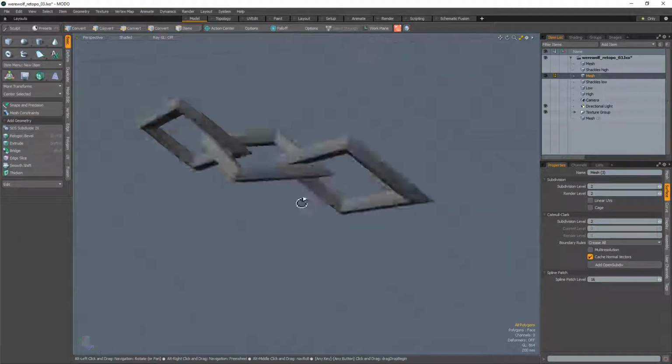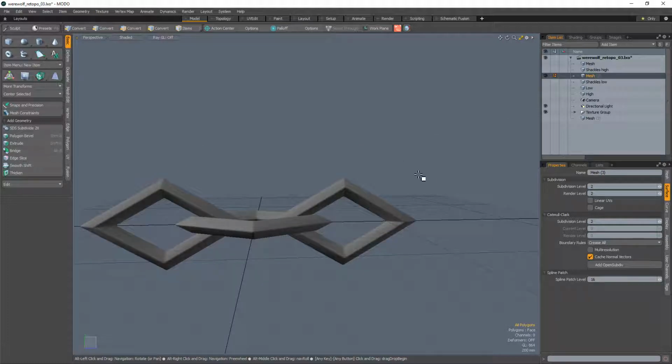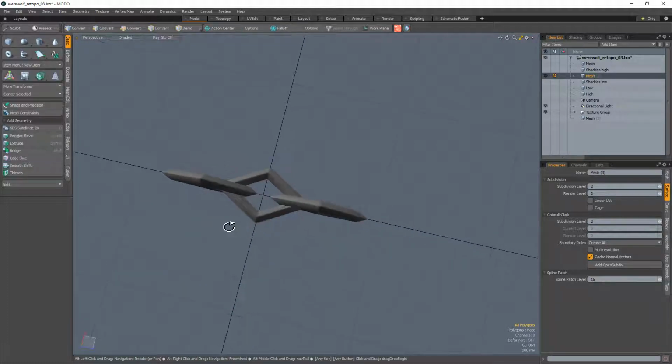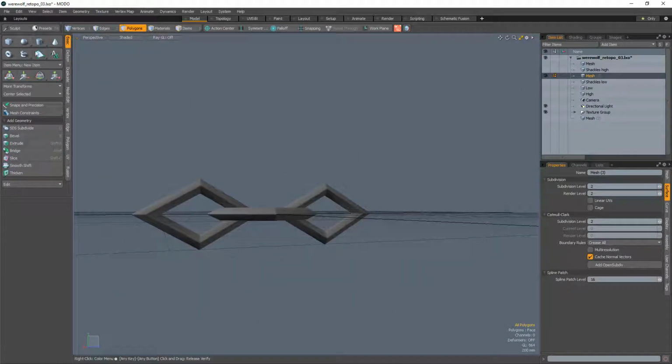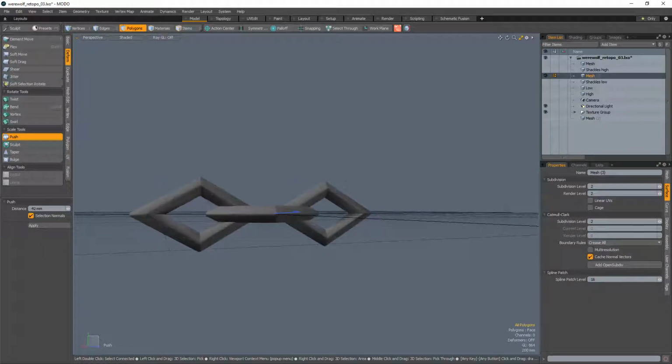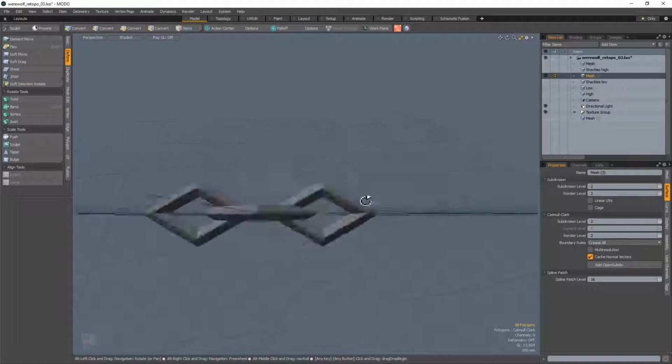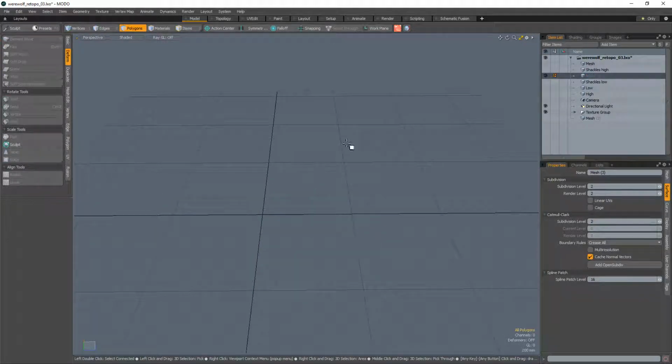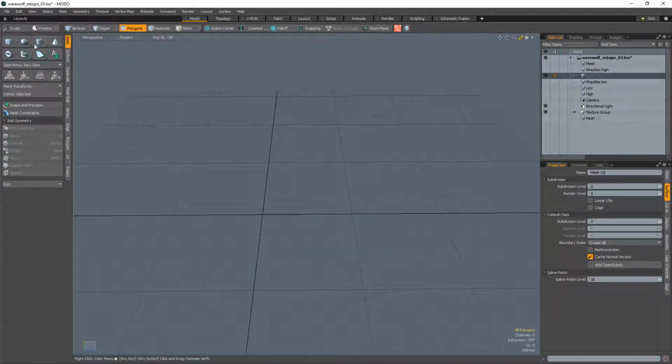And there are also other changes that you can make to this by adding more spikes to it or something. We could make it thicker. We could just kind of push this to make it thicker rings. That's kind of cool. There's lots of different ways that you can make chain links. For very standard chain links,